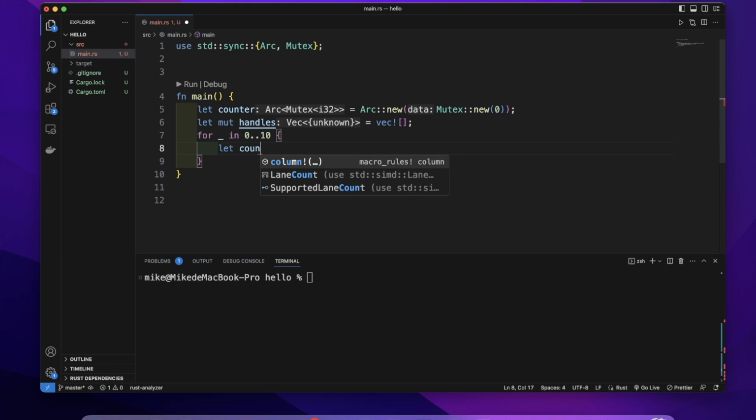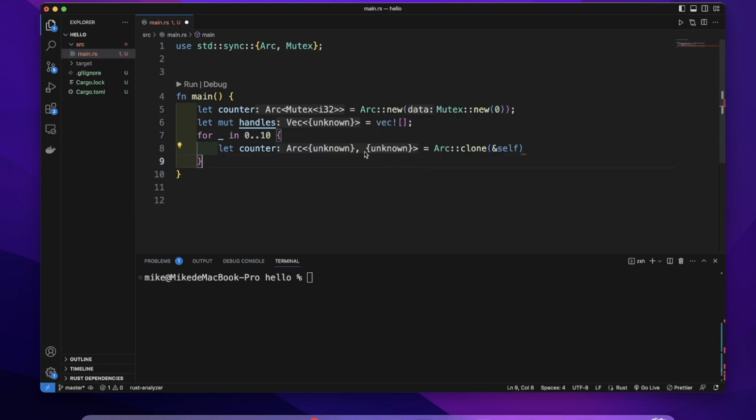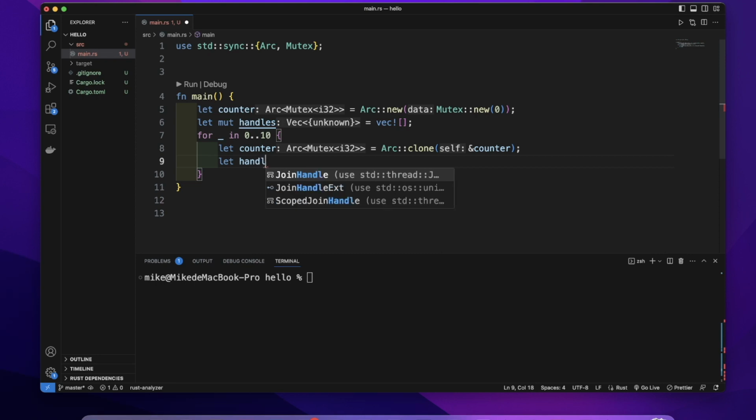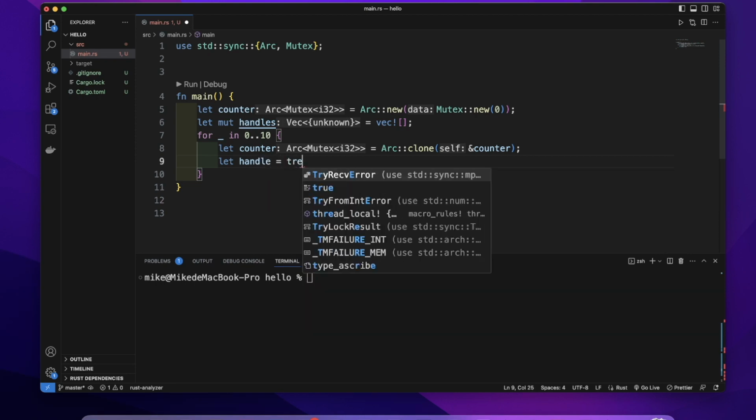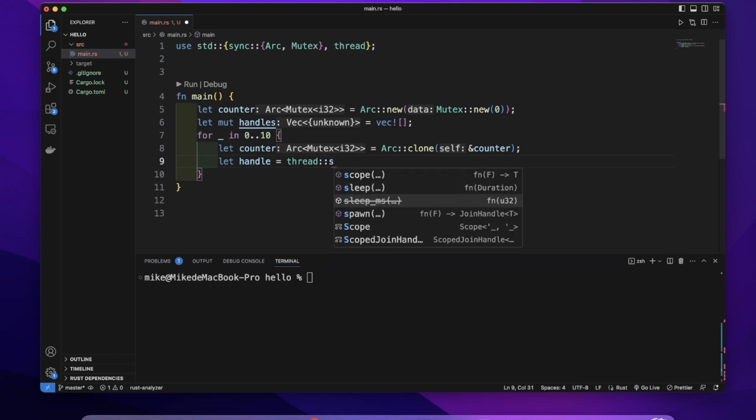So we'll create a variable counter equal to, and we will use the clone method from ARC, and pass the value we want to share the ownership of, which should be &counter. So this counter will share the ownership with the original counter. Then let's create a variable handle to store the thread spawn method